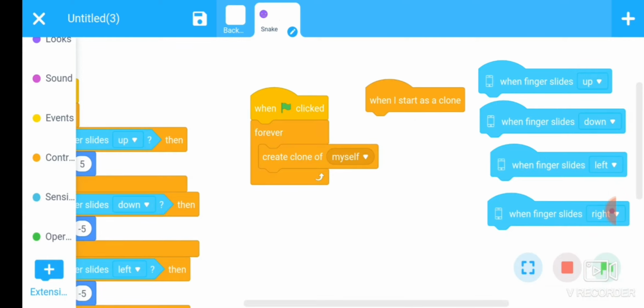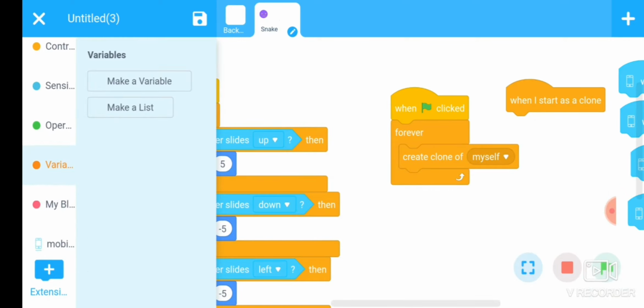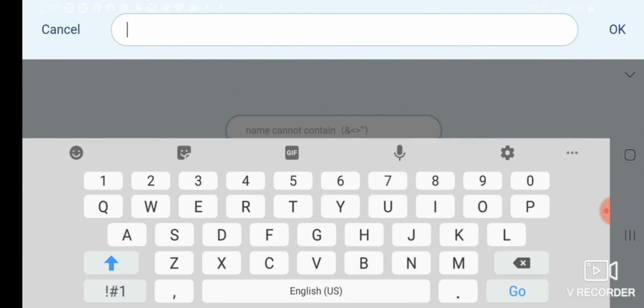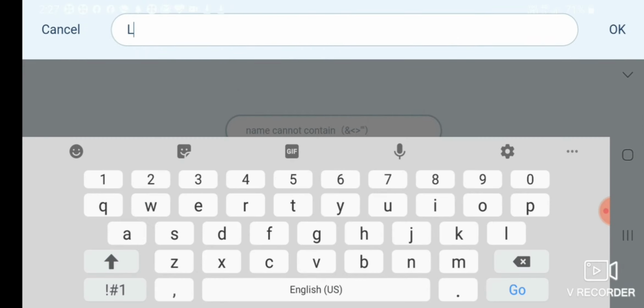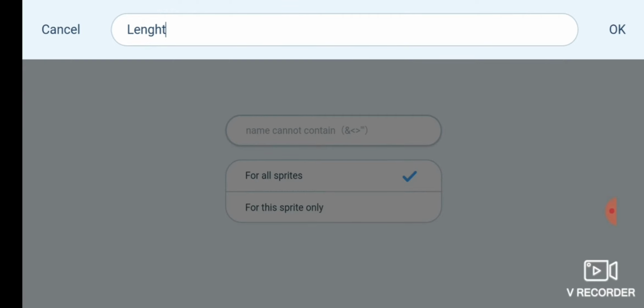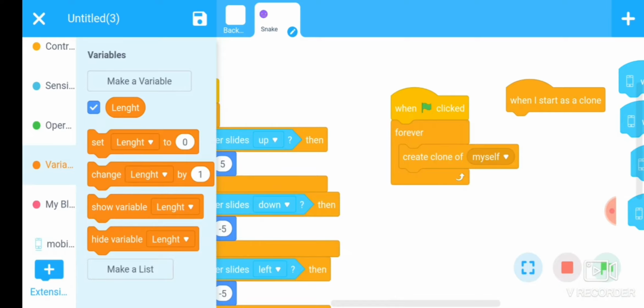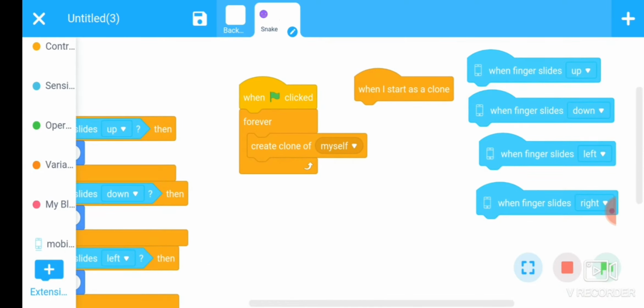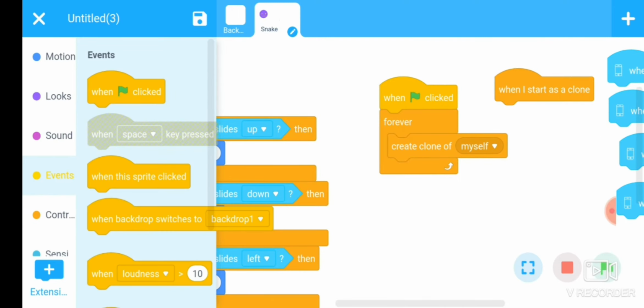To fix the length of the snake, make a variable and put its initial value as 0.